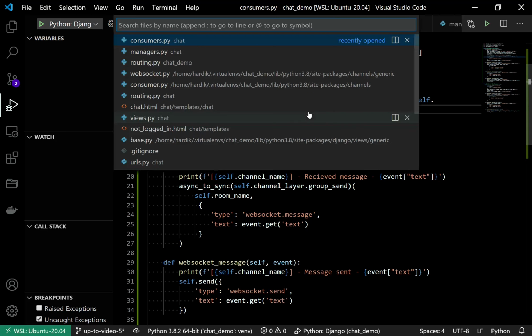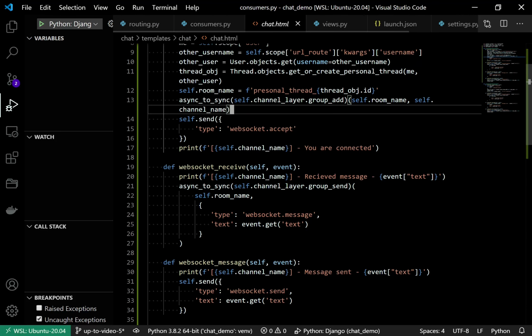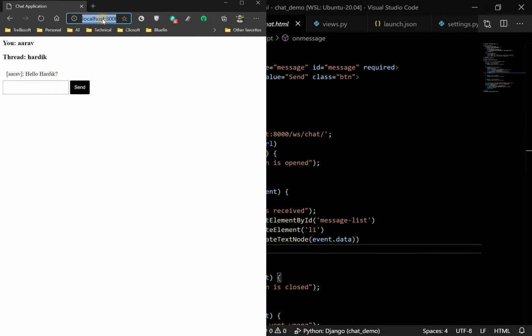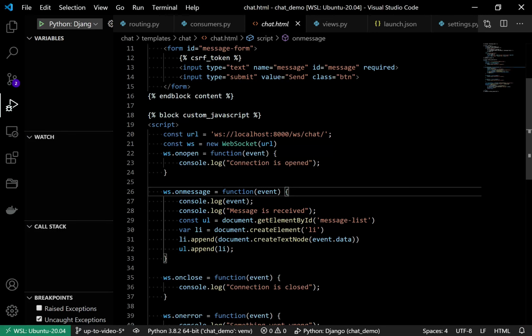Yeah, we have to open that chat.html. Inside that, what we are doing, the ws/chat. As you know, our user has this path, so we can utilize this directly, because whenever we come to this page, we are going to have this path. So if I am logged in as Arav and I want to talk to Hardik, I am going to be on this page, chat Hardik. So we can utilize this, right? So how can we do that?